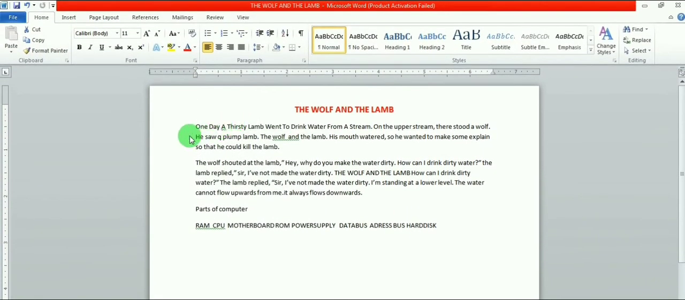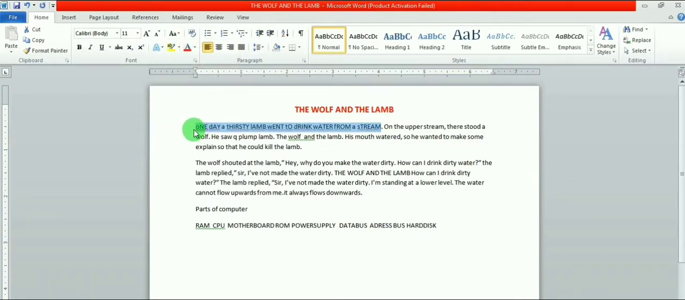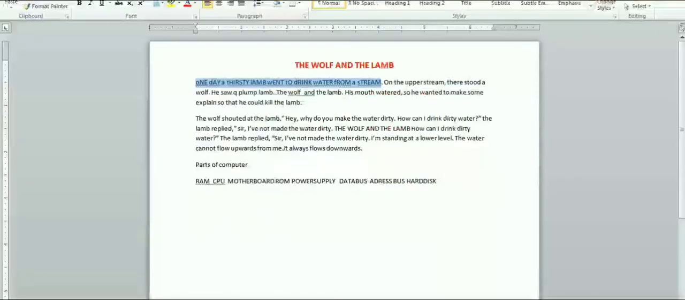Now students, next is toggle case. Now I will select this line and you can see when I will do toggle case, what happens? You can see the capital letters turned into small letters and small letters turned into a capital letter. It means it